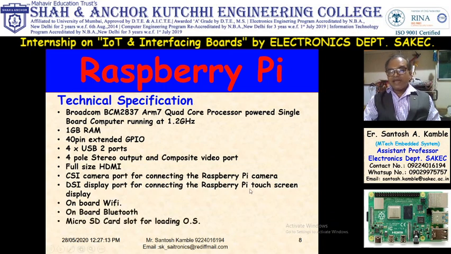It has a micro SD card slot for loading the OS. So the OS is loaded into the micro SD card, and you can connect this micro SD card to this Raspberry Pi. And the micro USB power source is used. You can connect your mobile charger of 2.4 ampere 5 volt to this Raspberry Pi. If your current rating is small, then the Raspberry Pi will not work properly. So these are the technical specifications for Raspberry Pi.